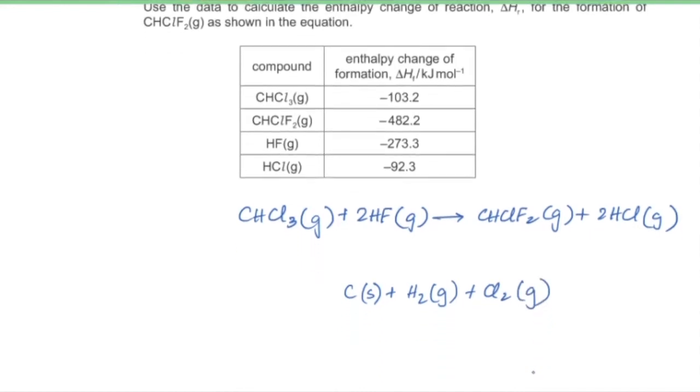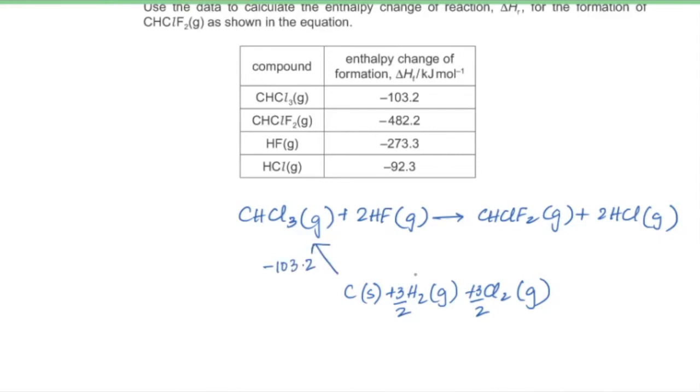Now we have to balance the whole cycle and write all the enthalpies in respect to their number of moles of formation. So we have 1 mole of carbon on all 3 sides, and we are supposed to have 3 moles of hydrogen atoms on all 3 sides, so 3 by 2 here. We are also supposed to have 3 moles of chlorine on all 3 sides, so 3 by 2 again. Here only 1 mole of CHCl3 forms, so we are going to have it labeled as minus